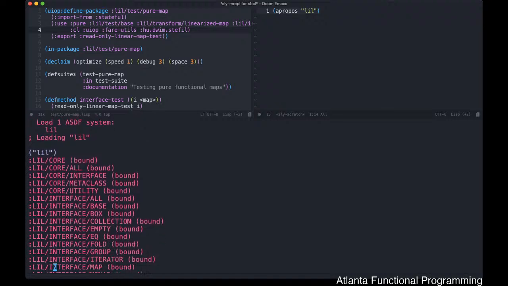Now, the reason I'm starting with the list of packages that are available is it kind of illustrates the basic design philosophy of LIL at a very, very top level. The goals of the library were: dynamic languages like Common Lisp, particularly in the case of Common Lisp,